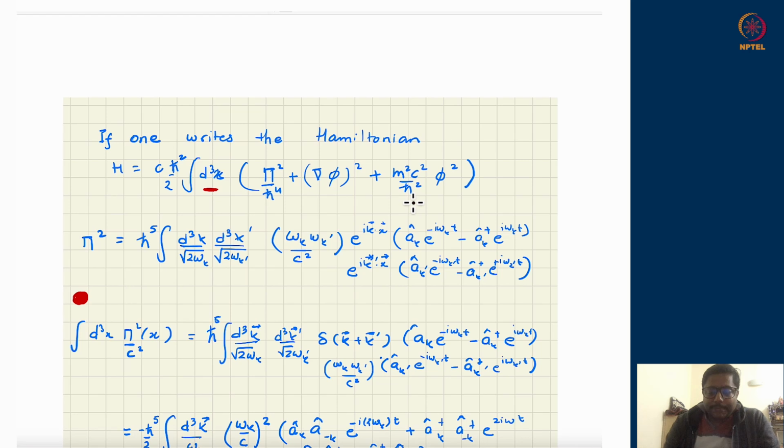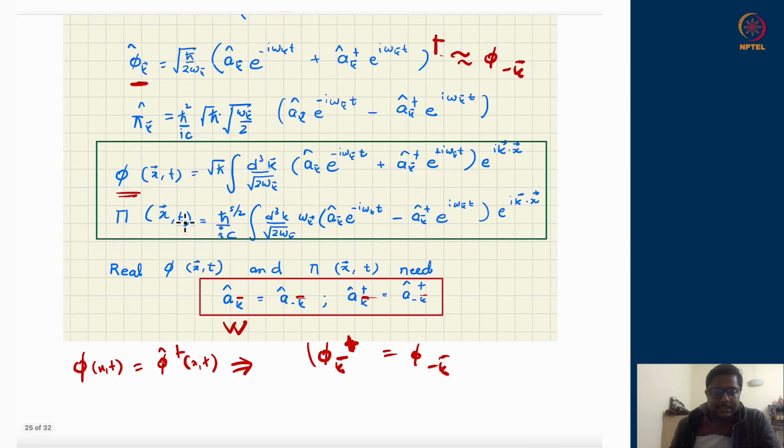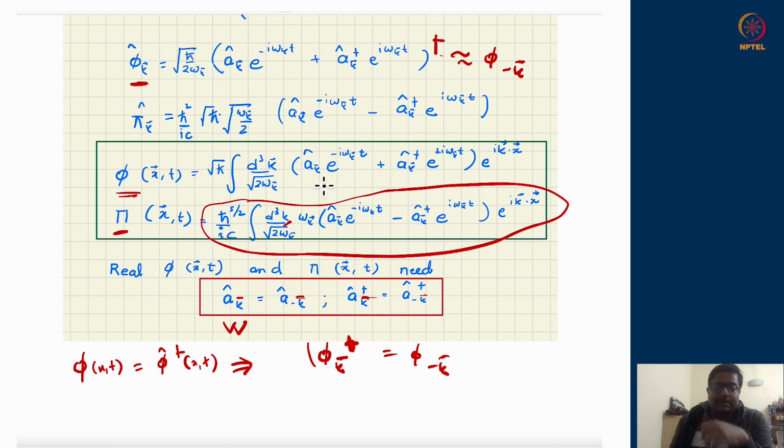First, I look for what is the pi. Pi we had just written in the boxed equation here. Pi is this quantity, h bar to the power 1/2 times iota by c, and then this integration of the quantity which is looking like a minus a dagger, the usual momentum in the harmonic oscillator kind of thing. Only thing is that the true pi is made from the collection of all such conjugate momenta pi k's, all together coming with the Fourier factor e to the power ikx to generate for you the conjugate momenta pi. And I need to square this quantity. That means I will take this definition and multiply it with itself.